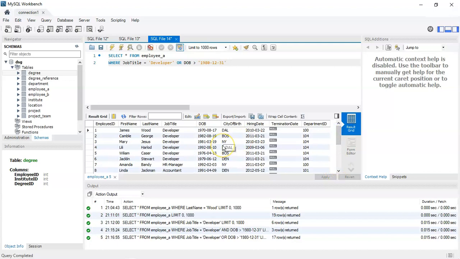So for example, if you look at the first employee here, number 1, this employee is a developer, but his date of birth is not greater than 1970. So one of the conditions is attained. So that's why this employee has been retrieved. And the second employee here is a developer, and at the same time, his date of birth